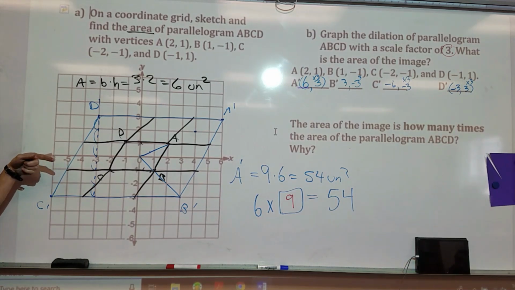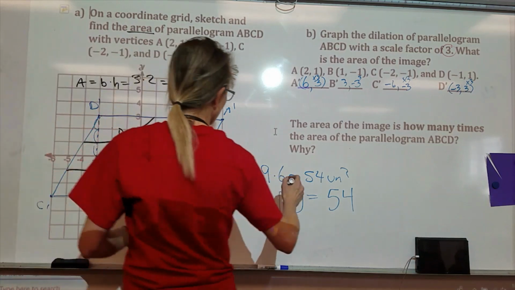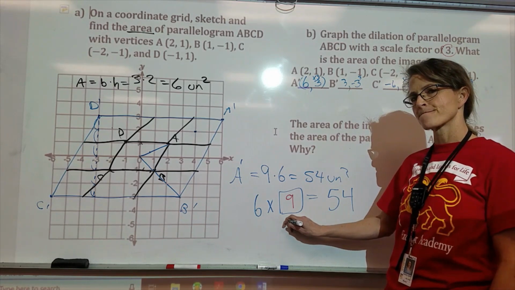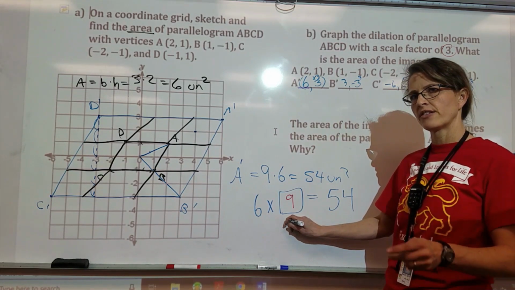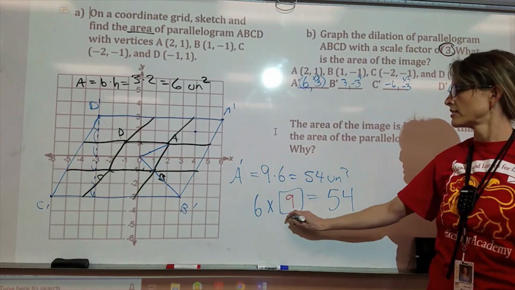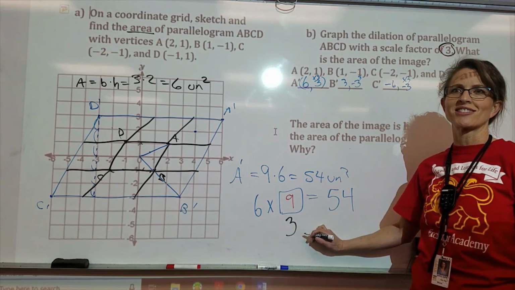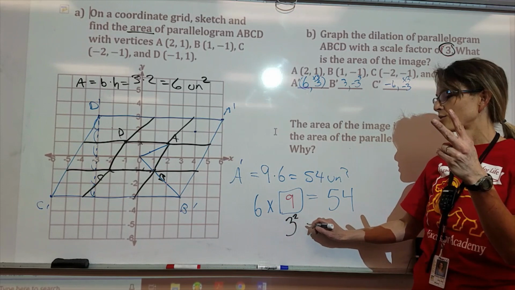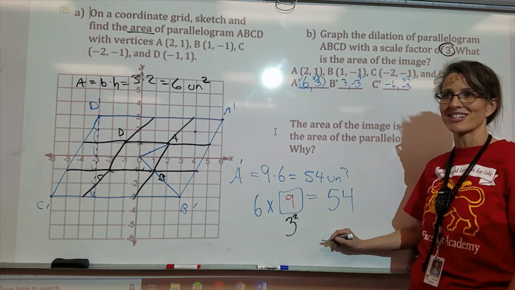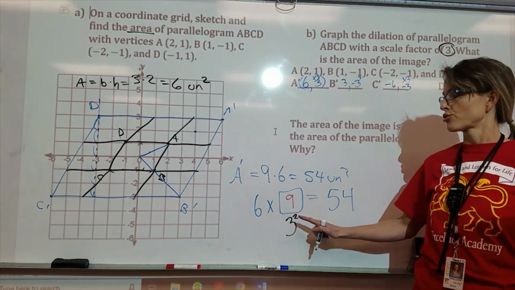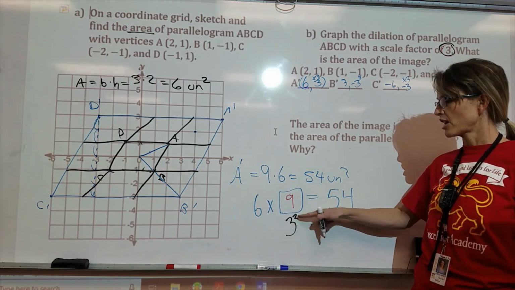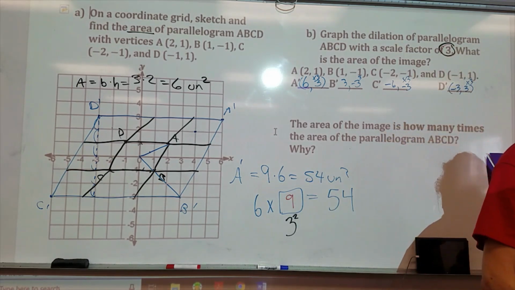Some of you see a relationship. Adam? Wouldn't it be like, if it was 9 times bigger, then wouldn't it be like base divided by the area? That's not exactly. It has to do with scale factor. And we're in how many dimensions? 2 dimensions, so it's squared. Whatever your scale factor is, if you square it, that's how many times bigger the area is. Is that what you're going to say, Abby? Kevin, that's what you're going to say? Good. When we get to volume later, we're going to be tripling the scale factor, and then the new volume will be that scale factor cubed times bigger. Kind of cool. All right, so